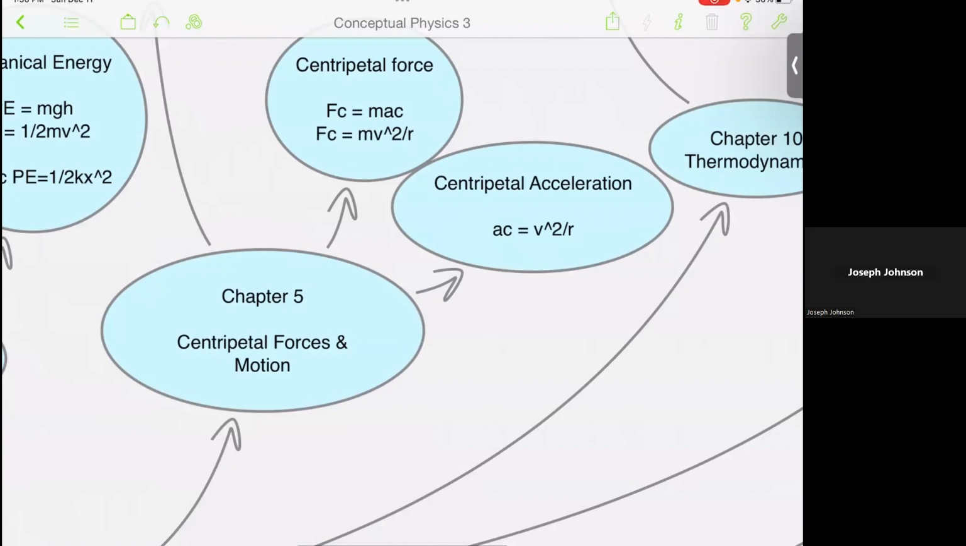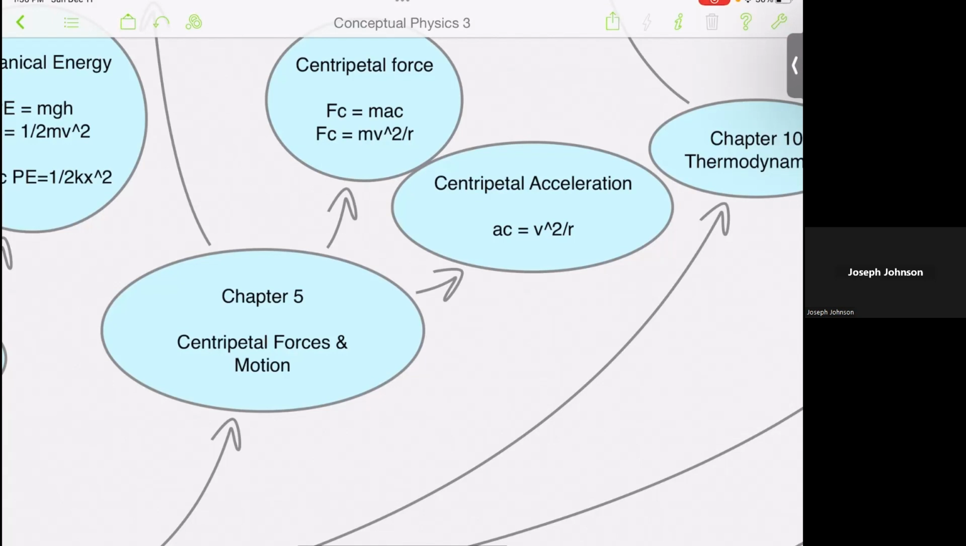Centripetal means center seeking. The centripetal force and the centripetal acceleration are vectors, and they're both pointed towards the middle of the circle. When you round a curve in your car, the force from the friction of the tires on the road is pointed towards the middle of that curve. When you have a ball and a string and you spin it around in a circle,